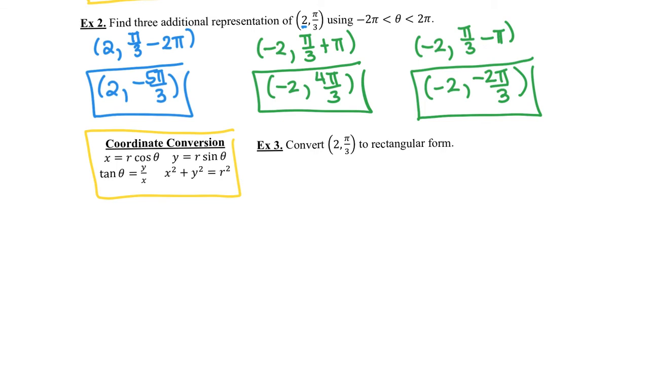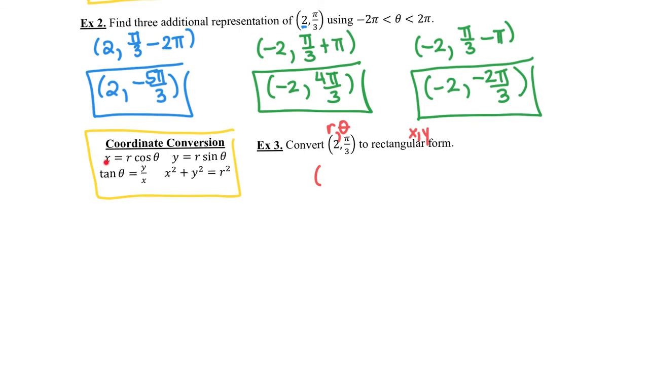Okay, but say I want to change it to rectangular form, meaning instead of this being r, theta, I want it to be x, y. Maybe just because it's easier for me to graph. So if I want it to be x, y,